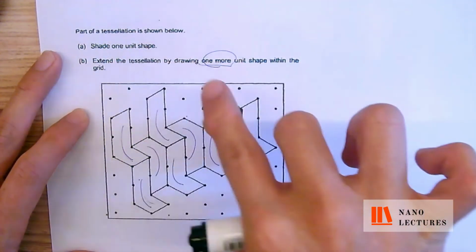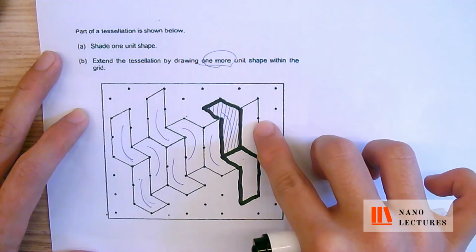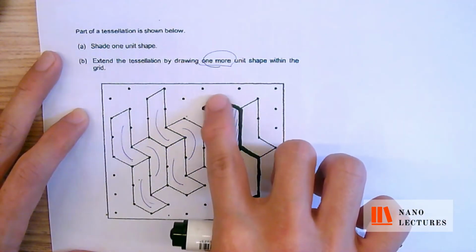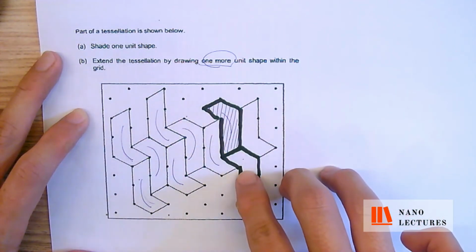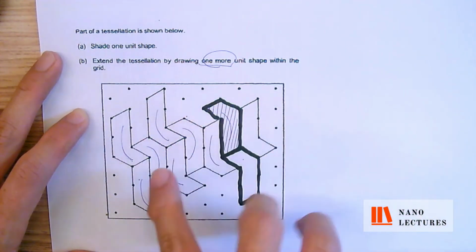Even the unit shape that you choose to shade, always be strategic about it. Because you know there's empty space here, obviously, you're going to shade this one, because whatever you shade is going to help you to draw the next one. If you don't do this, you choose to go and shade another one,